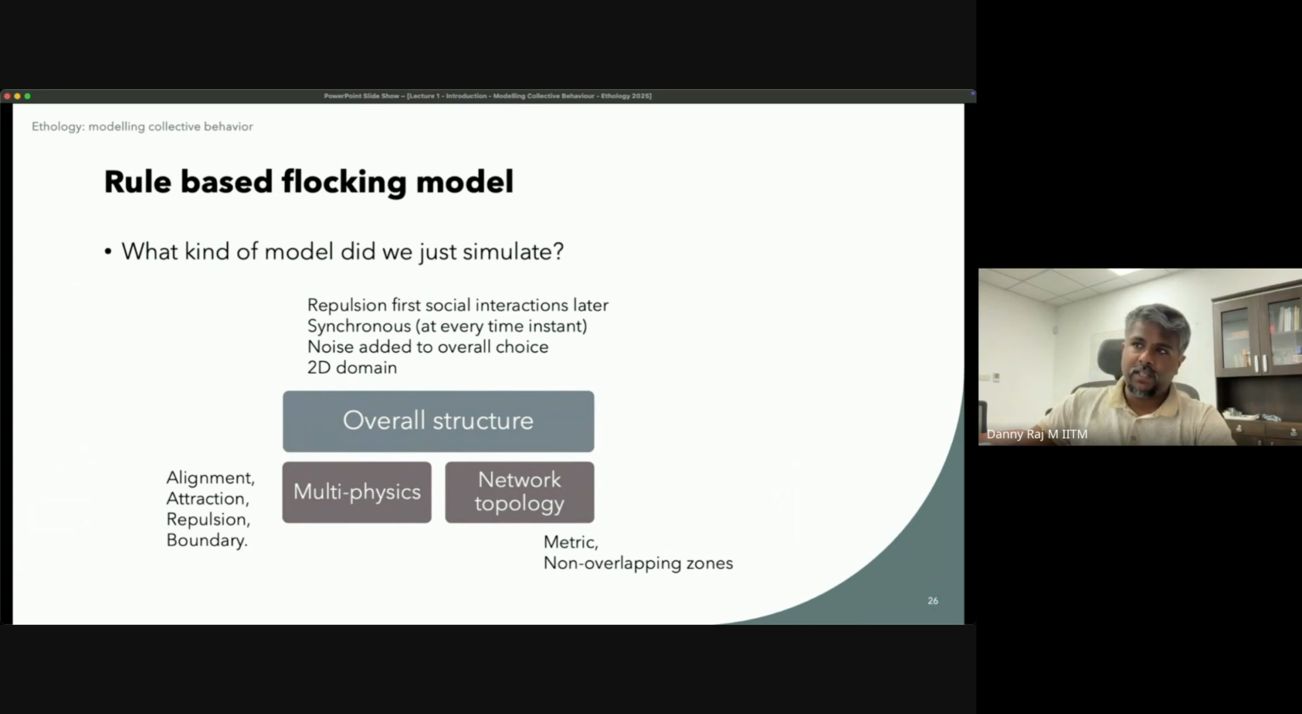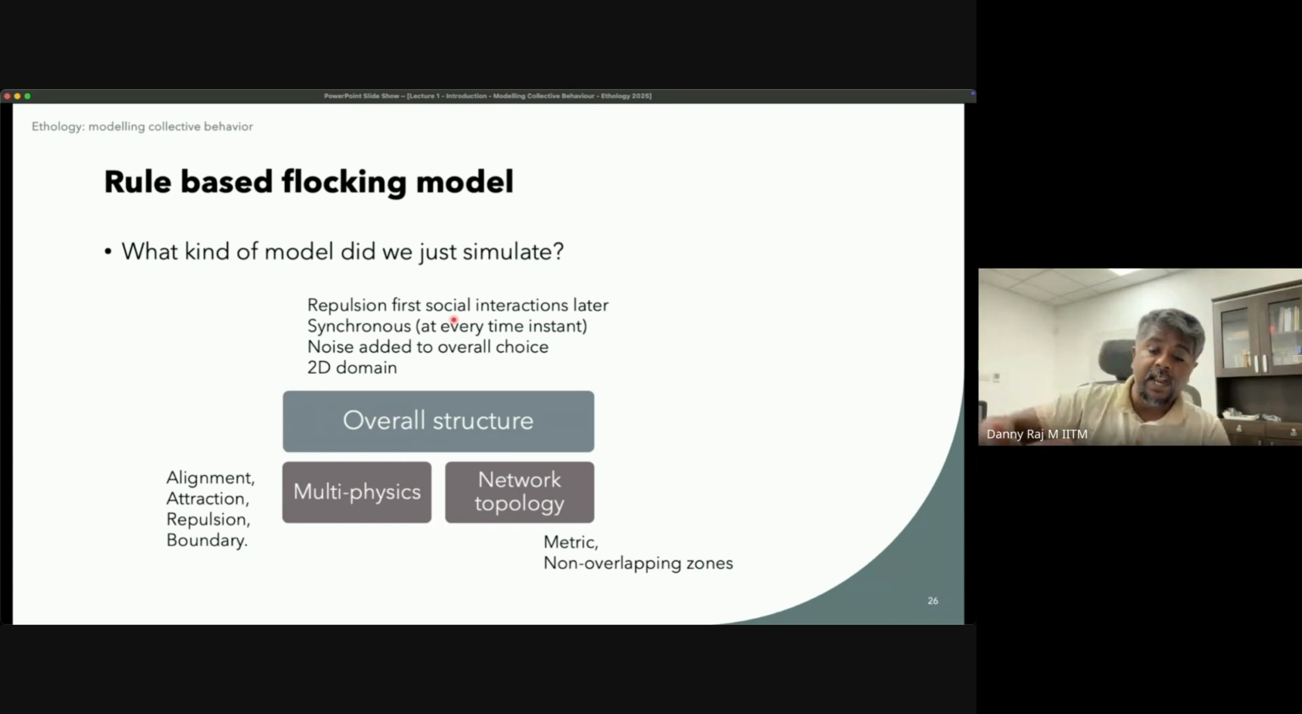So if I ask you the question, again going back to the overall structure, multi-physics or the behavior and network topology, what is this Couzin model? So you can obviously see that there was a repulsion first, social interactions later, which was an essential aspect of the model. It was synchronous. That is, at every instant of time, you evaluated. So now remember, I told you, when you solve a differential equation, the delta T with which you solve, you can keep reducing it to make your ODEs better. But here, if I kept reducing delta T, which was 0.1 fixed here,